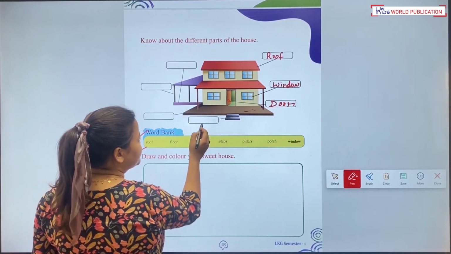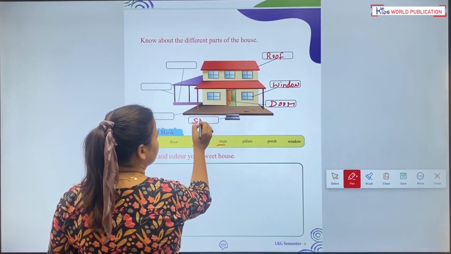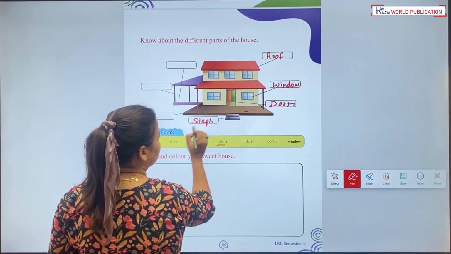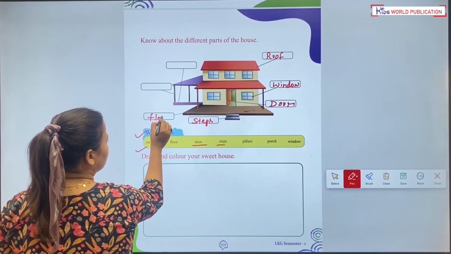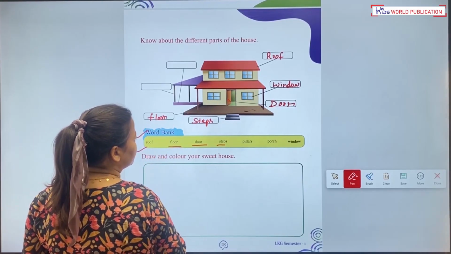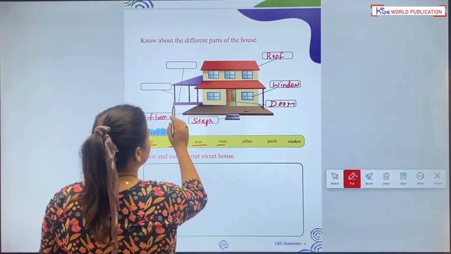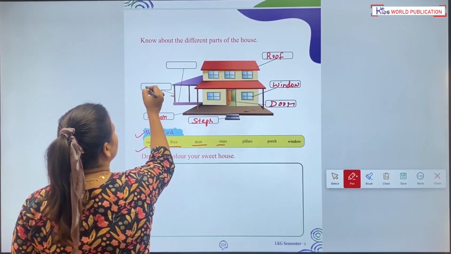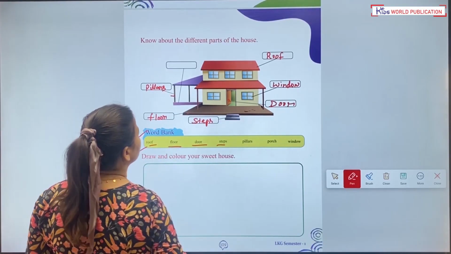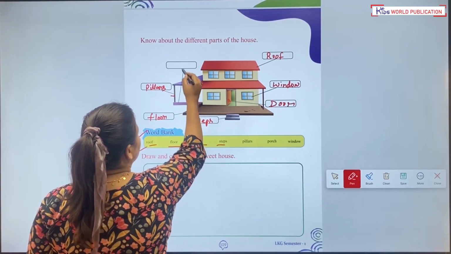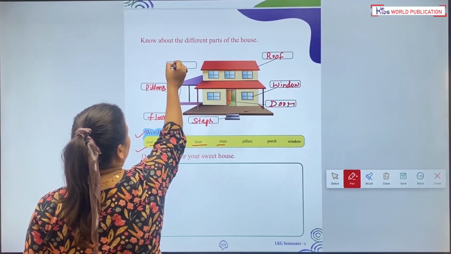These are steps. This is floor. This is pillars. And this is porch.